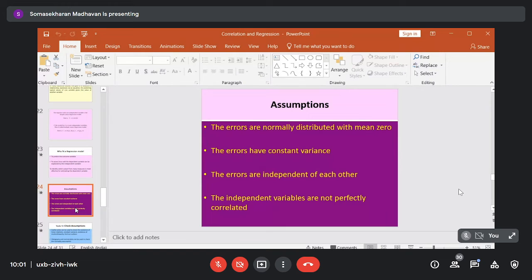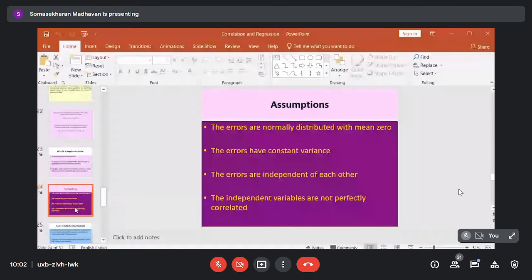The first one is called the normality assumption. Since the errors are normally distributed, when the size is large, the deviations on either side will be equal, so their sum will be 0, and thereby the mean value will be 0. Then errors have constant variance because errors are influenced by the same natural factors. Their variances cannot change.